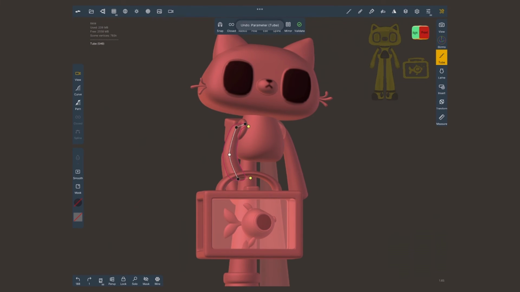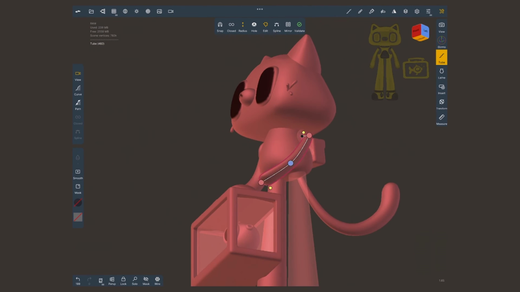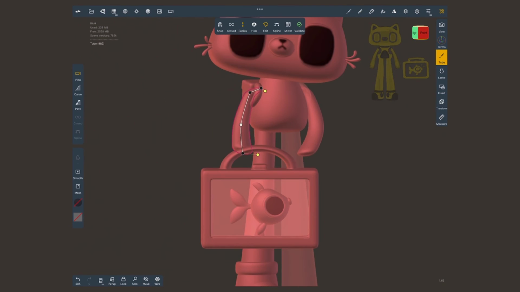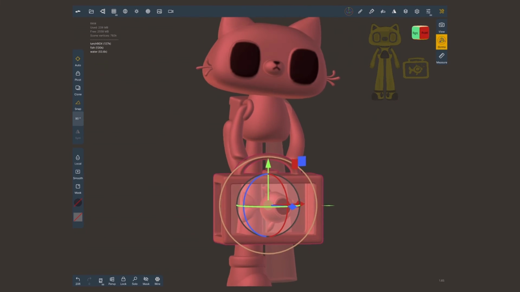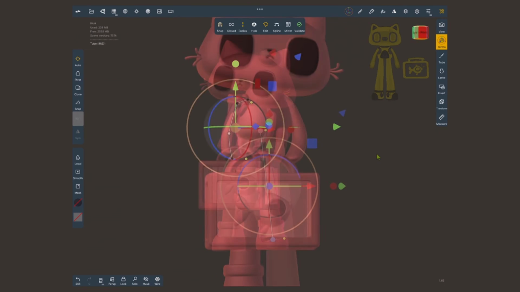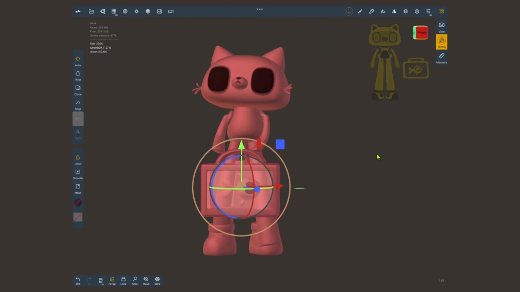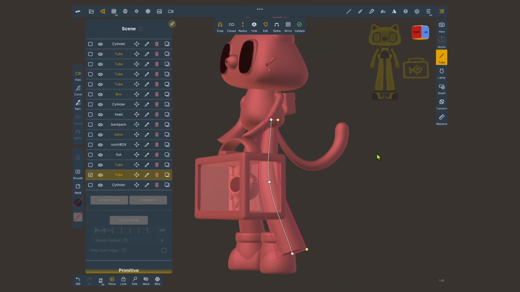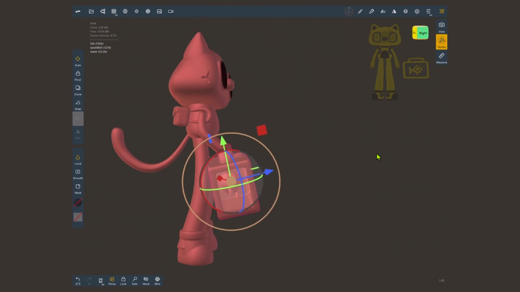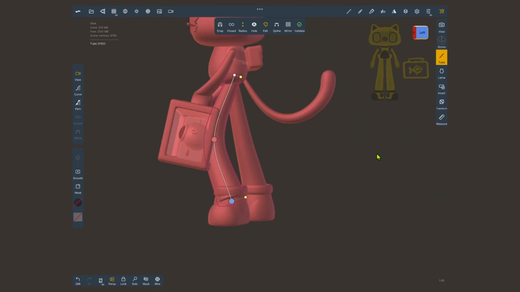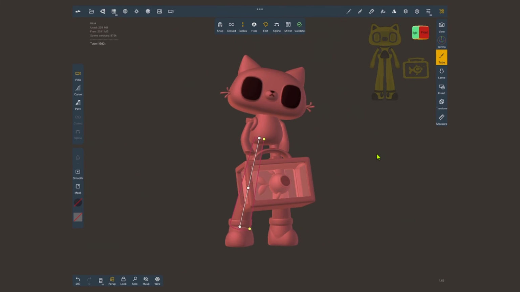This process involves a lot of tweaking. You'll spend way less time if you have a reference to follow. I don't have them on my screen, but I did collect a few photos. Even if the pose is not in motion, we want a natural dynamic pose. Revise the pose from every single angle. Make it look good from the front, side, back, even from the top.